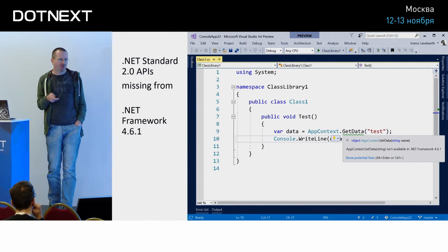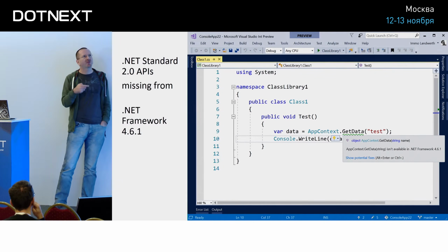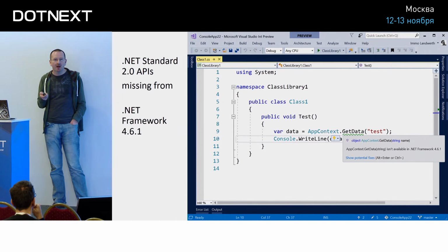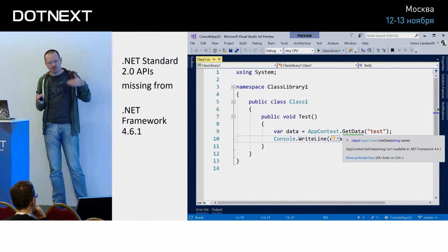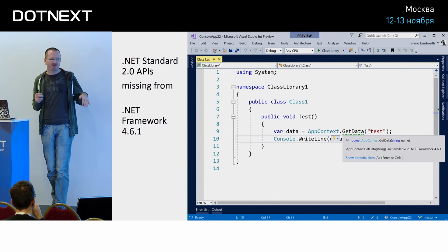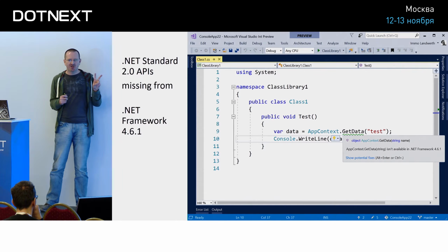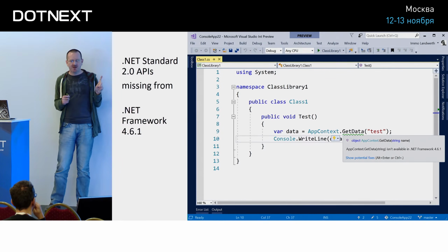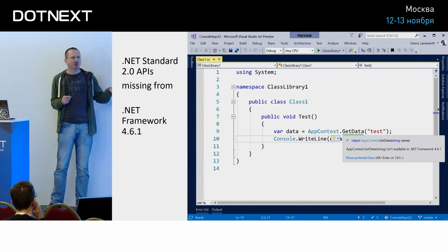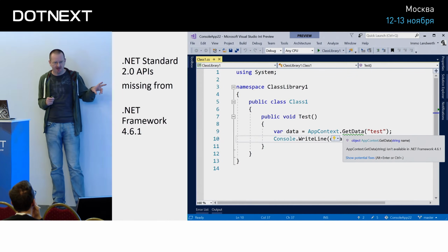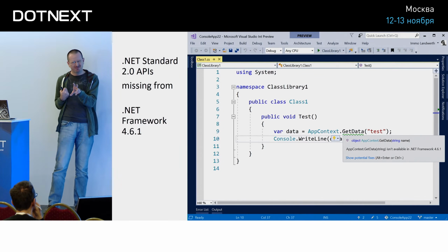But they are missing on .NET Framework 4.6.1. Those are the poor things that have been introduced, I believe, in .NET Core 1.1. Back then, we had some plans, and then we decided that .NET Framework 4.6.1 has to support .NET Standard 2.0. So we had two options: either do things that should not be done, which means in .NET Standard 2.0, the newer version, because .NET Core 1.1 was .NET Standard 1.6 actually, in the newer version of the standard, suddenly remove something, which is, wait a sec,